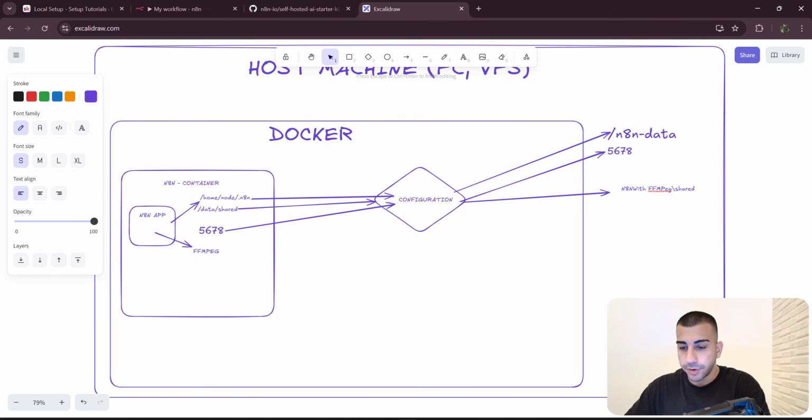This is the name of our directory. I'll just remove the spaces, okay? But with that, we successfully looked at how to set up FFmpeg with a locally hosted n8n. And so now I want to continue with the second example, which is setting up FFmpeg with a VPS hosted